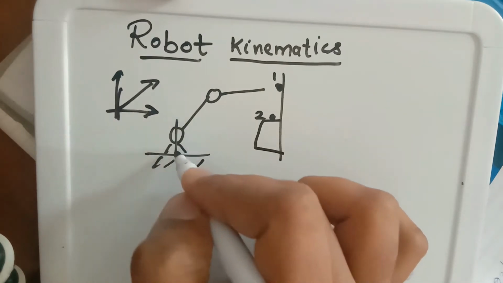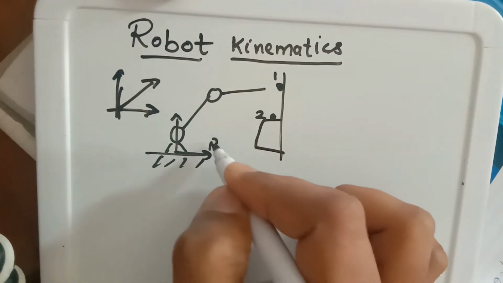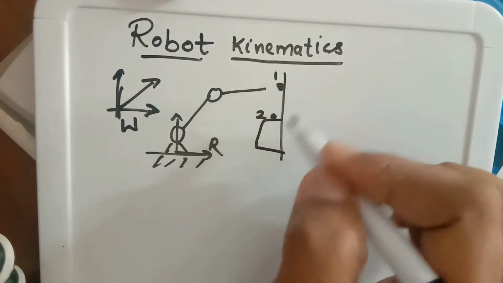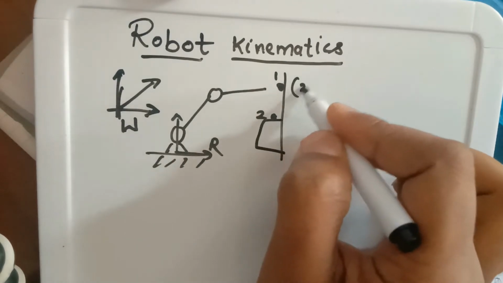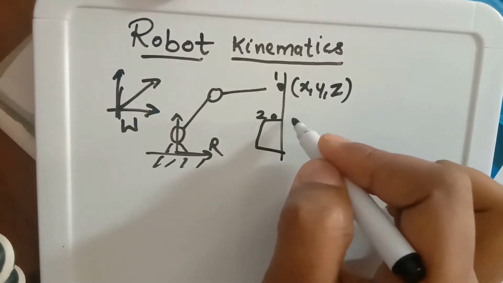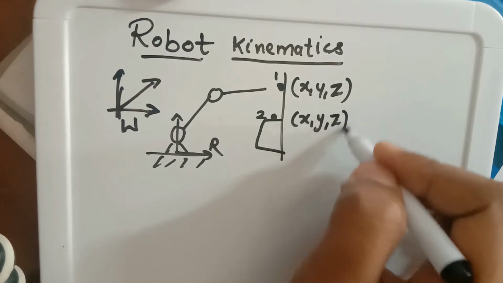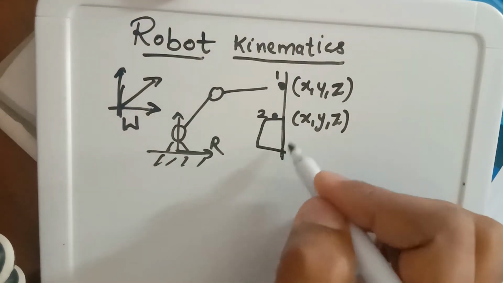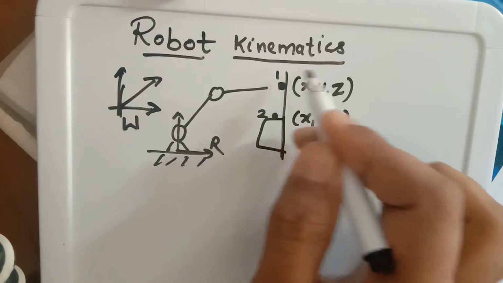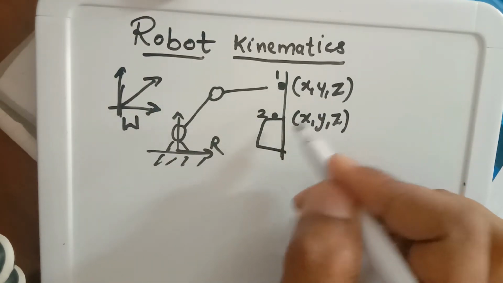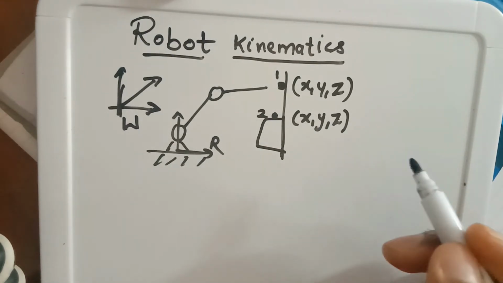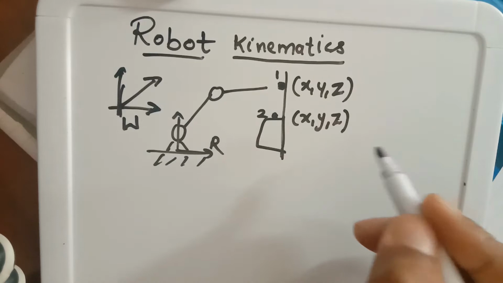And you could have a frame of the robot, say R. So this is the world frame, and you could have the x, y, and z coordinates of these points in the world frame. So if you have the xyz coordinates of these points in the world frame, you can transform